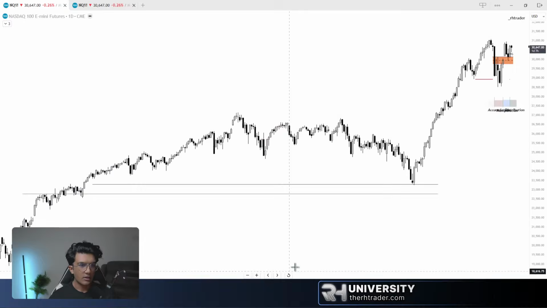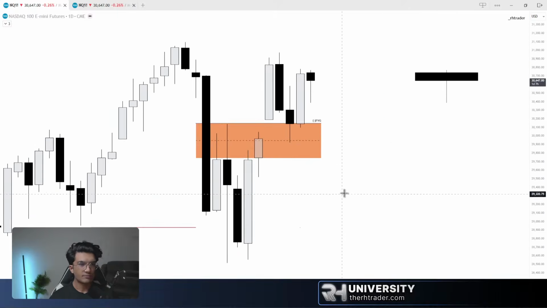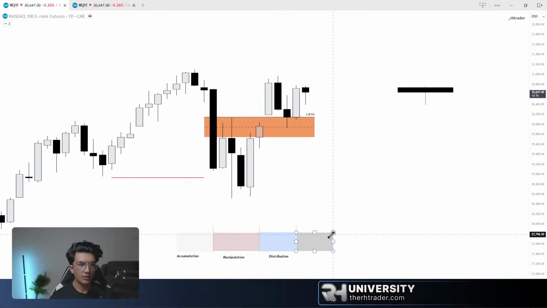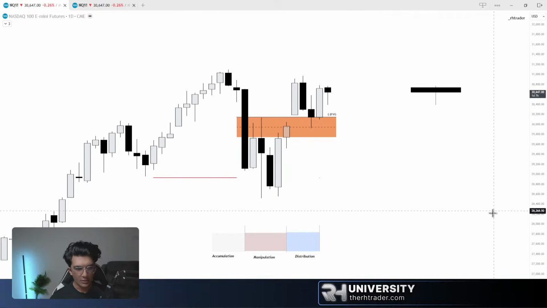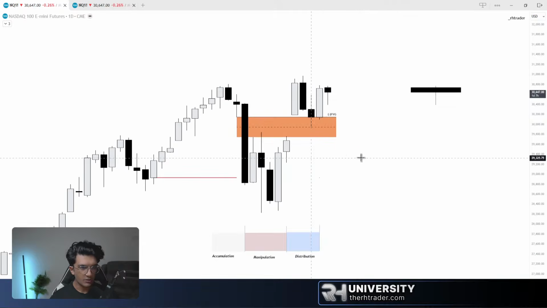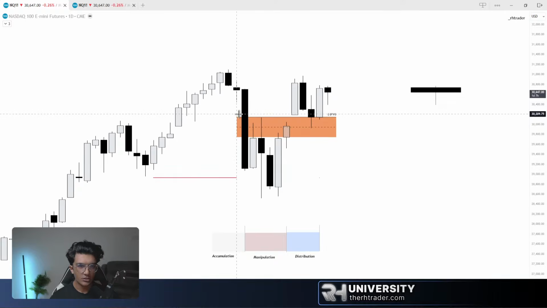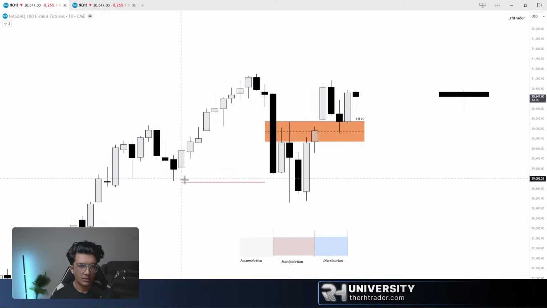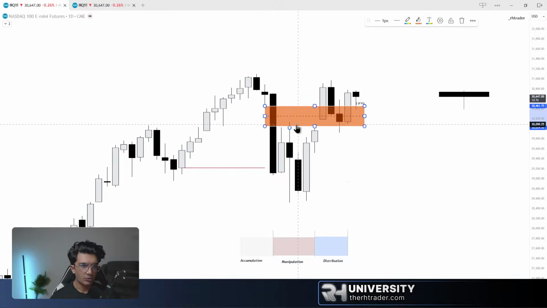So NASDAQ right here, right? This is really, really good. I quite like it. What have we here? Price has closed above. Wait, let me just remove this. Wait, I need to actually adjust it. I need to adjust these levels right here. So let me just quickly do that. Just moving it to the latest contract.